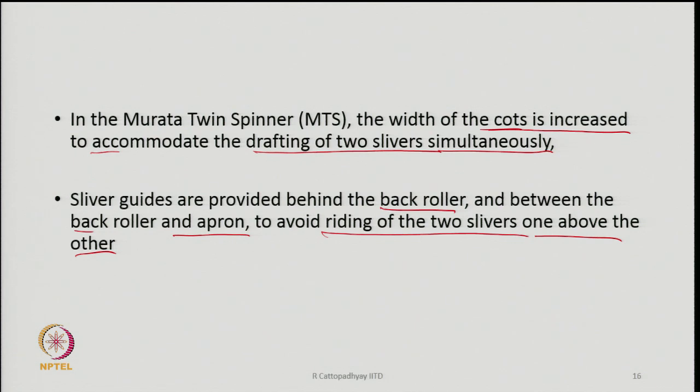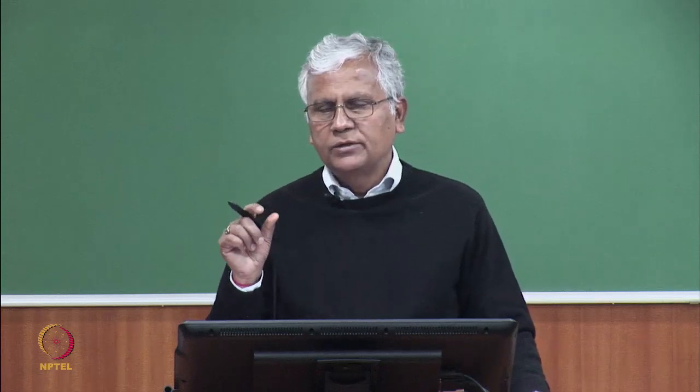The other thing is that it will also restrict the width of the drafted fleece that will ultimately be produced. Drafted fleece is also important here. We will see that the width of the drafted fleece is something very important in the case of air jet spinning. We want the width to be more, whereas in the case of compact spinning we want the width of this drafted fleece,